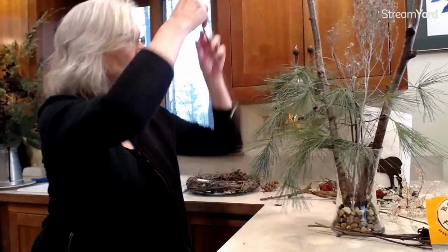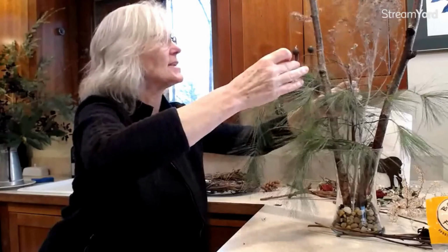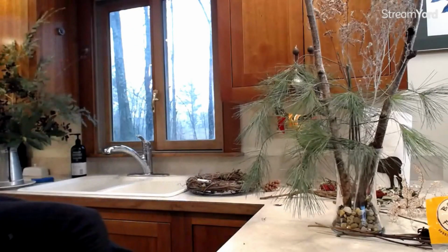Okay, so here's another plant that looks more white. I can stick that in if I want it. I'm going to use this in my arrangement. I would probably give that a quick coat of spray paint. And then the last one,